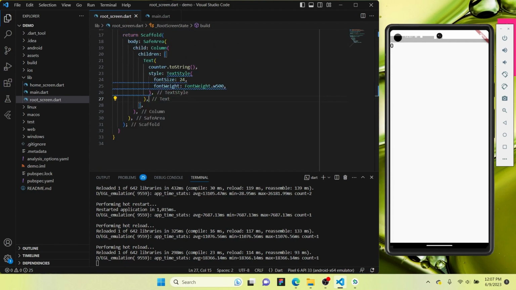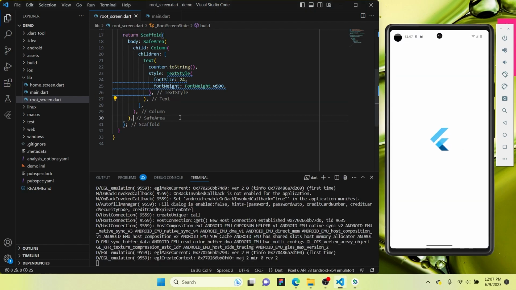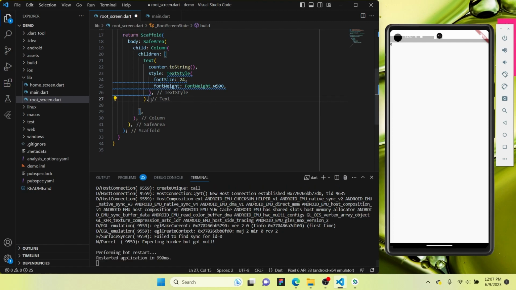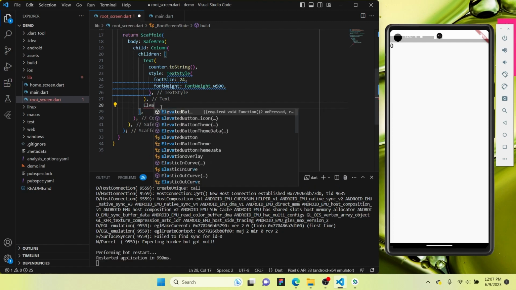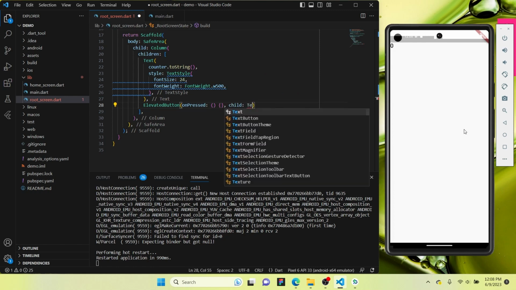So now we need some sort of button to make sure that we can increase this text there. Let's try to do that. There are many ways to create a button. For now, let's just use a basic one called ElevatedButton. It has a parameter called onPressed, which requires you to pass a function. So let's just create a function here, and the child should be a Text called